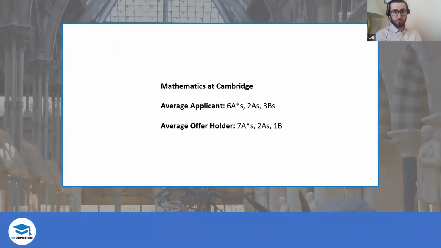If you're below average, it's not too late. That can very easily be rectified by a spectacular test performance and so on. So it's really worth not getting caught up on any one individual part, but remembering that they are going to be looking at your application as a whole.